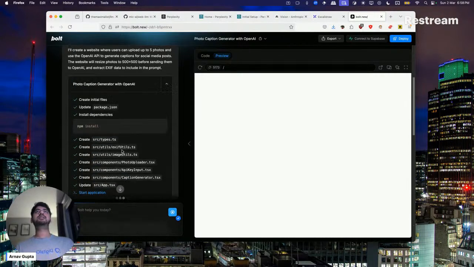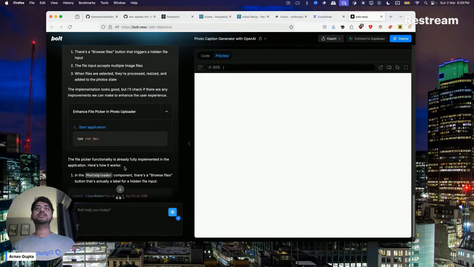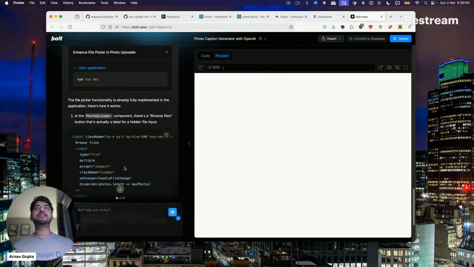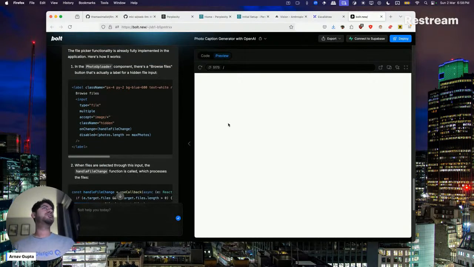So yeah, a little bit of reprompting gets required in a way. It says the file picker has it, but yeah, if you don't know how to code, then sometimes the output is not exactly what you want.